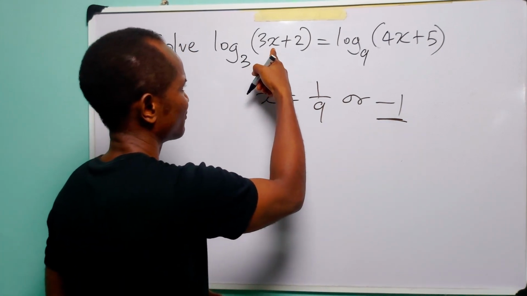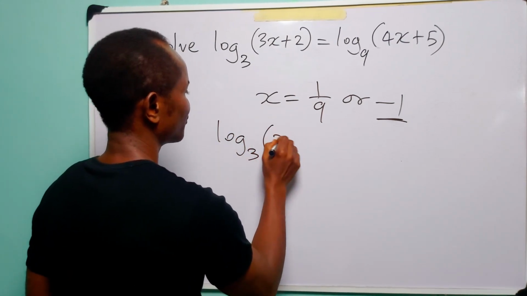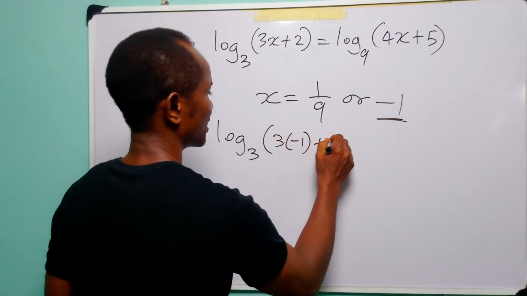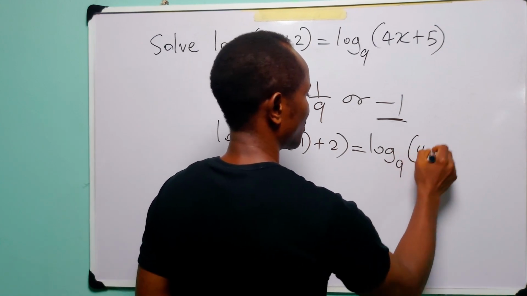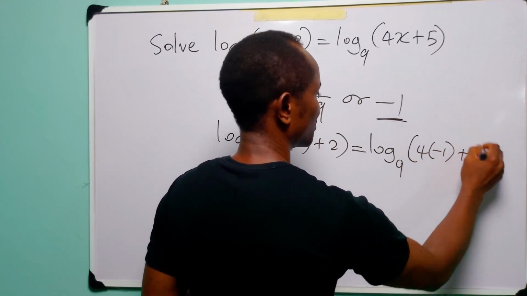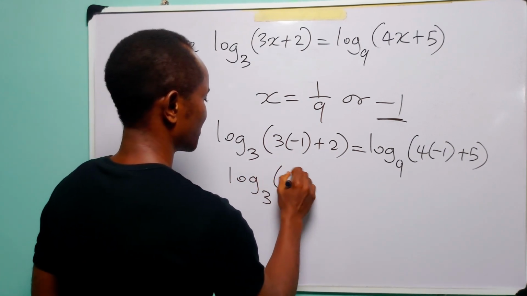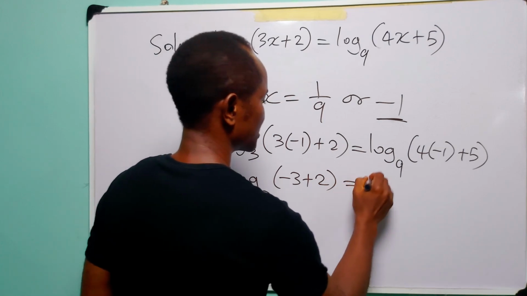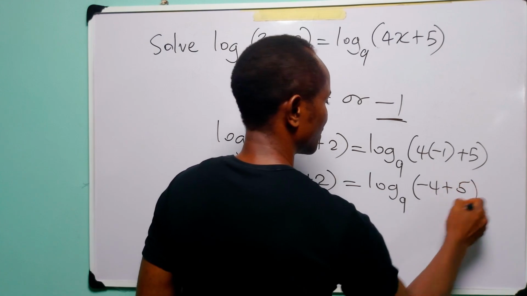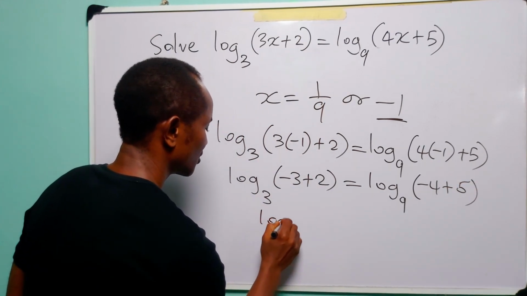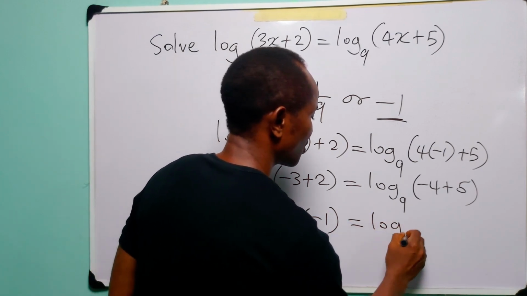So substituting x for minus 1 in this equation, we have log to base 3 of 3 times minus 1 plus 2 is equal to log to base 9 of 4 times minus 1 plus 5. Now this is log to base 3 of minus 3 plus 2 is equal to log to base 9 of minus 4 plus 5. Here we have log to base 3 of minus 1 is equal to log to base